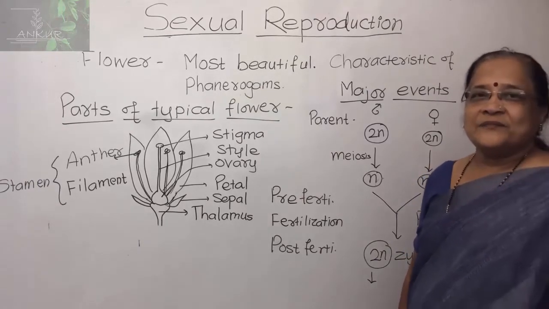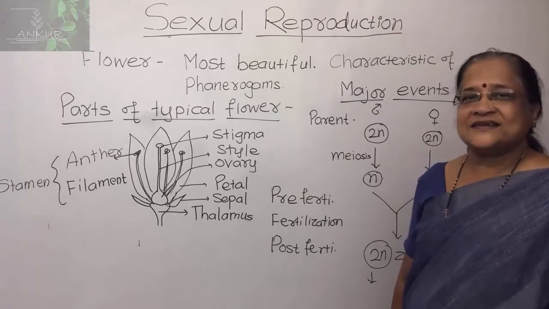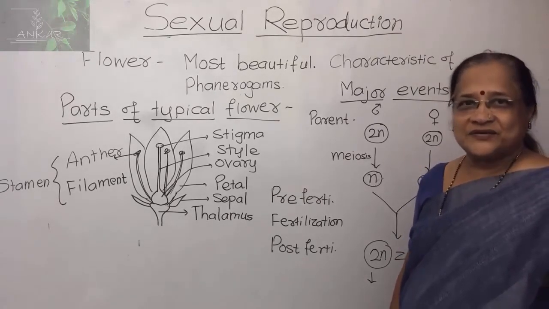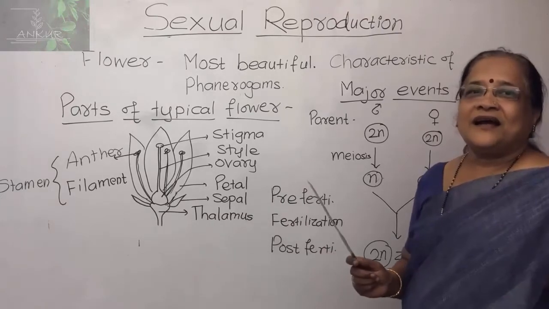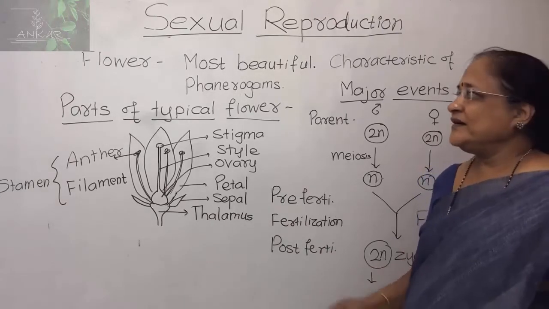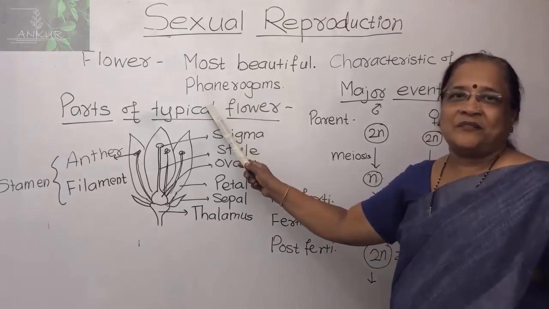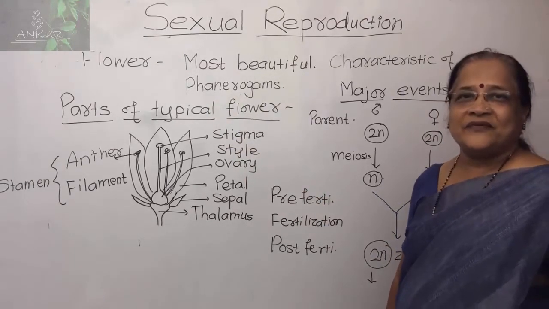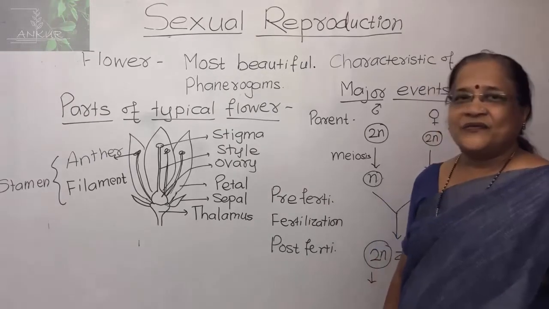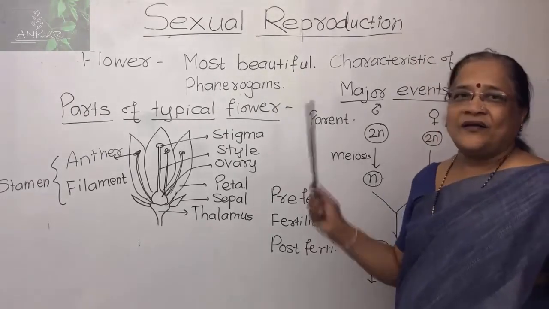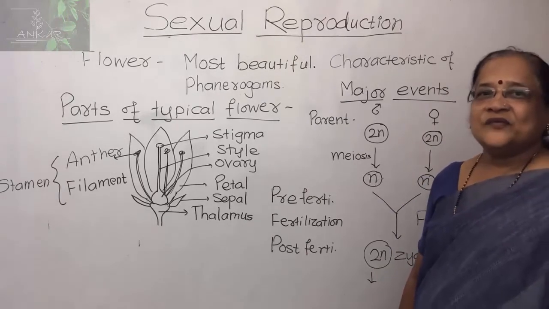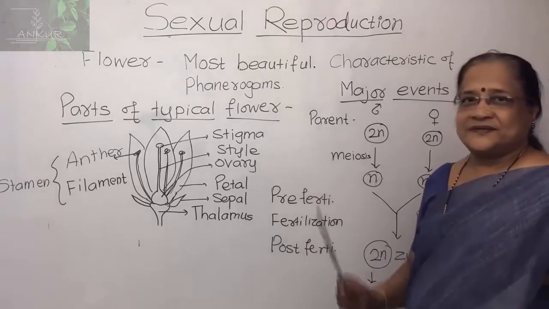After the completion of the juvenile stage or young stage of the plant growth, we get a certain maturity period in the plant. And how do we identify the mature period? When we get the flower on that plant, we say the plant is matured and ready for reproduction. So the flower is the part of sexual reproduction in the higher plants, mostly in the angiosperms.